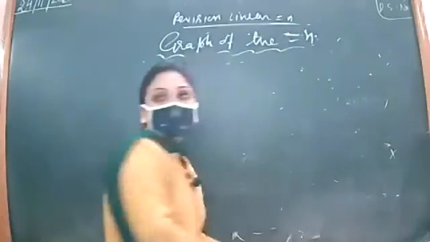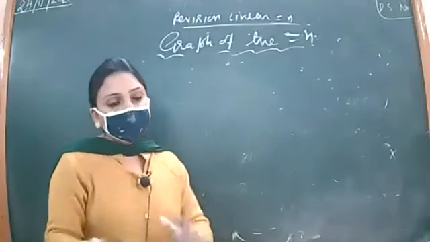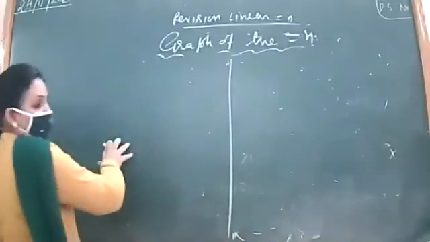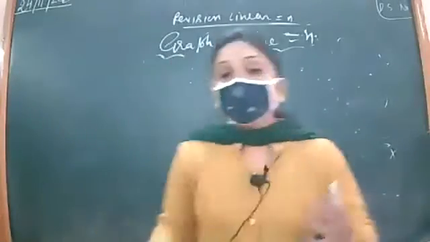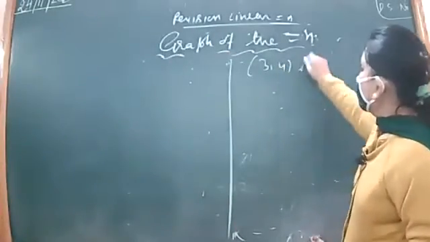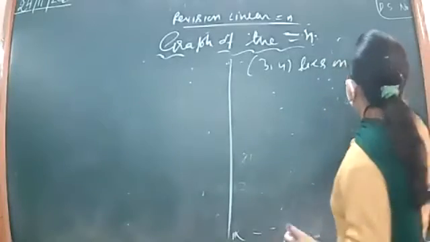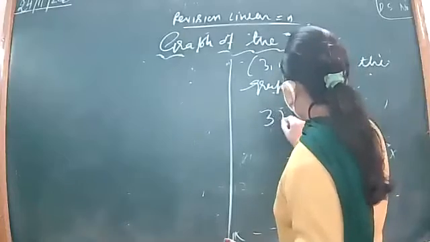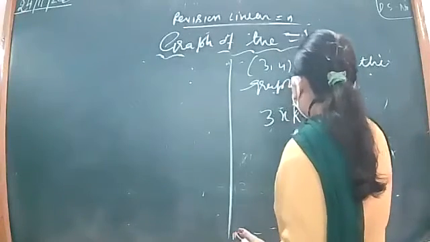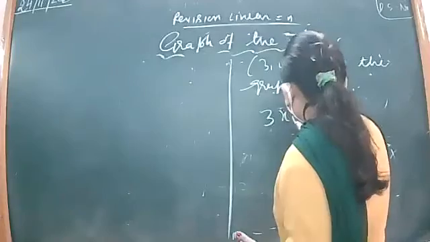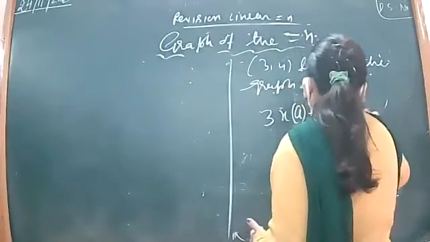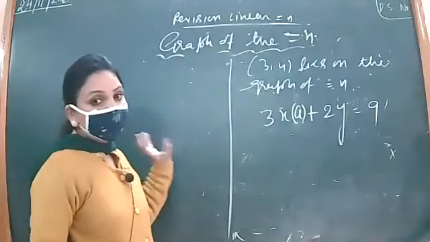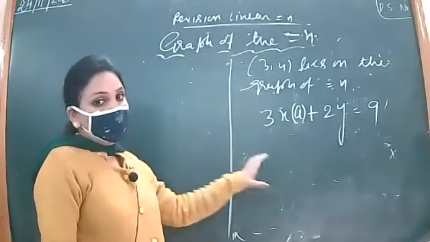Previously, we did a question in which I told you that this is the solution and find the value of k. Just a different way of saying it. Firstly, he was saying that this is the solution, find the value of k. Now he is saying (3, 4) lies on the graph of equation 3x + 2y = 9, then find the value of a. Same thing that we have done previously: the solution is given and find the value of the unknown.